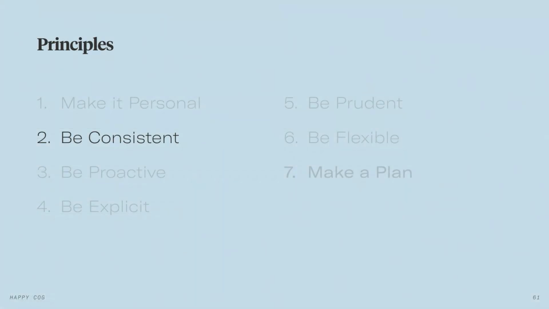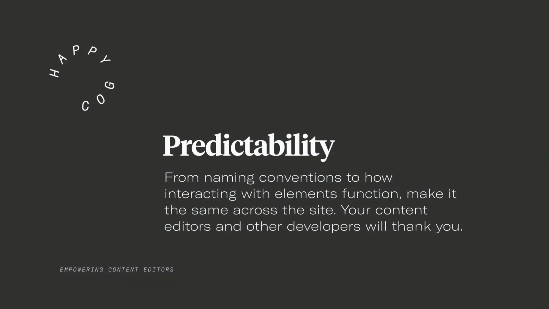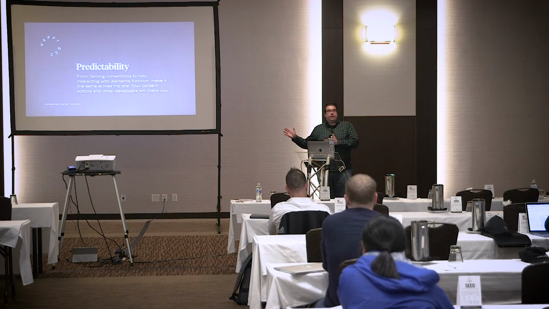Our next principle is being consistent. How can we do that? So being consistent really means being predictable in the experience that the editor is going to have. So we talked about naming conventions to how an editor actually interacts with different elements and different field types. What is their experience that they're getting there? Is it predictable? Is it the same across the site? Are similar functioning items set up the same way in different areas? Are you mixing fluid fields and block fields? You wouldn't want to do something like that.